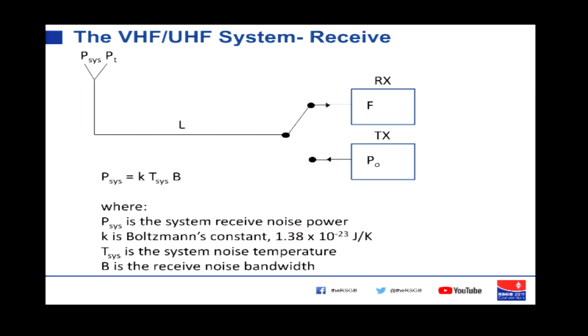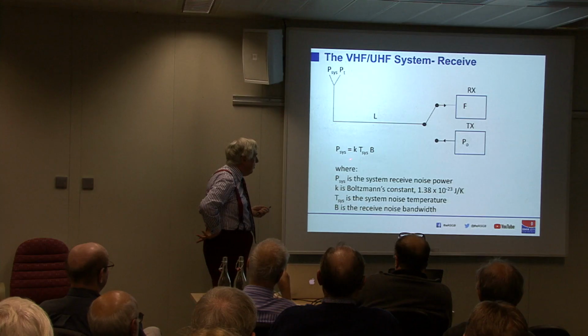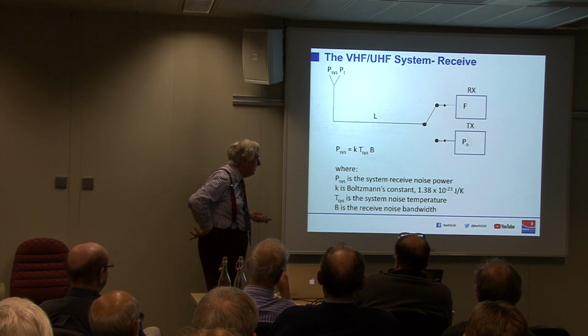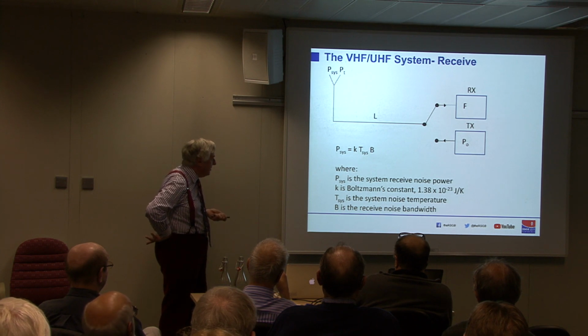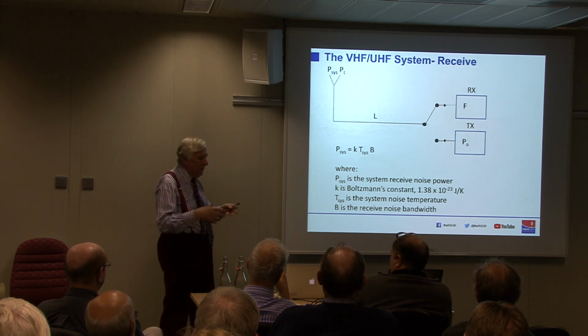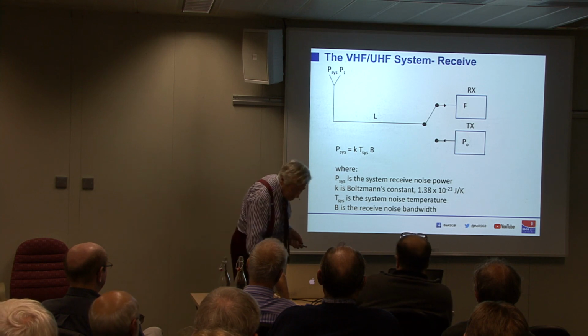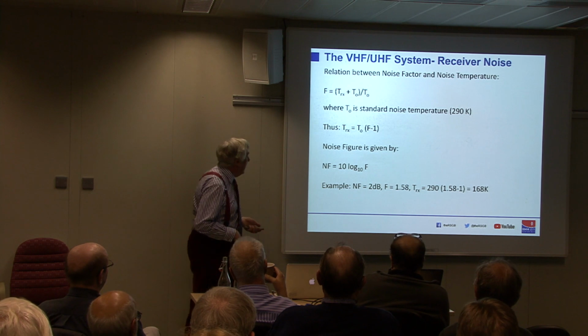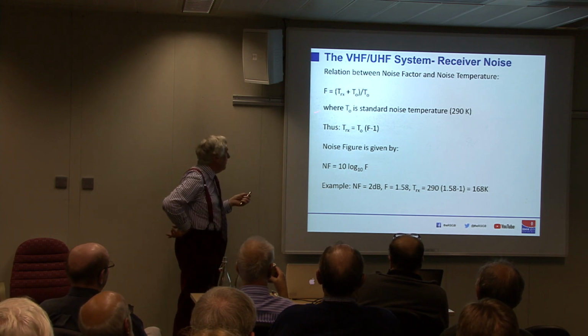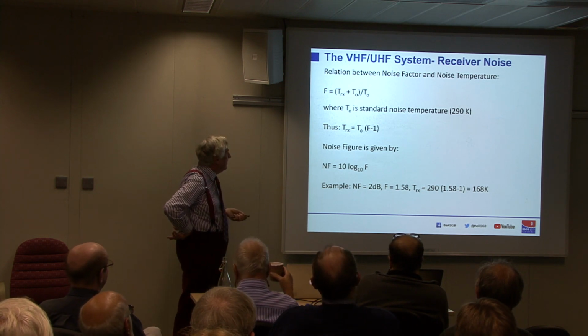But you have to get that number right, otherwise you miss signals. And that power is given by Boltzmann's constant times the system noise temperature times the bandwidth. We normalize everything in this to a 1 Hertz bandwidth, and so you can just multiply by whatever bandwidth your receiver happens to be receiving in. So we said we had a received noise factor, at the receiver, of F, and therefore the receiver has